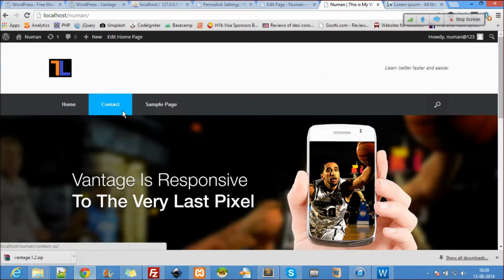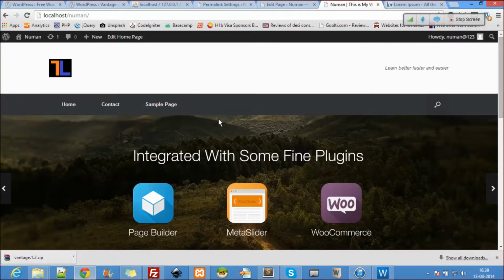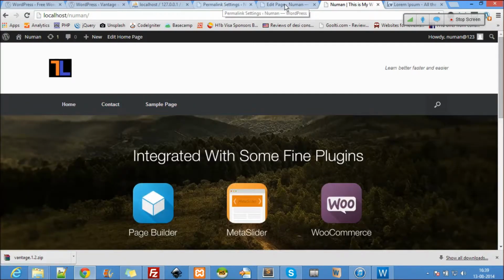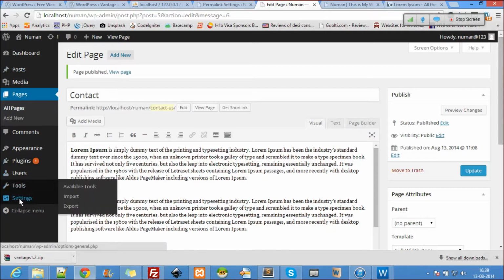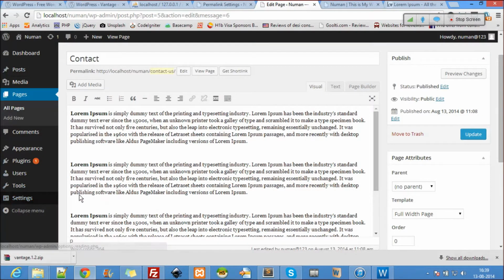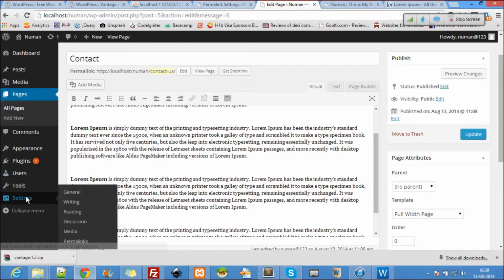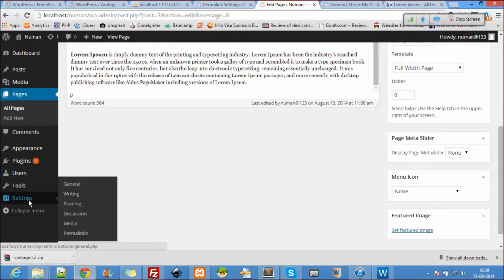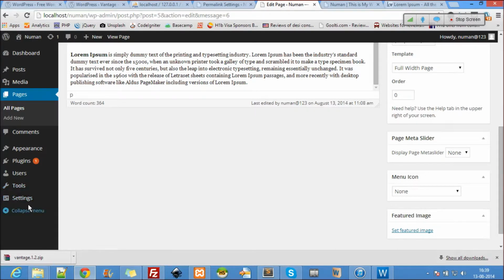I want to remove this sample page. I don't want that. So how do I really do that? That's the next step. So contact has appeared. Now we know how to put the other page, FAQs, on as well. But how do I really delete this one? I don't want the sample page. So how do I do it? So then I go to this again, settings, not settings actually. So maybe, where is that? Appearance, I'm sorry. Appearance, menus.